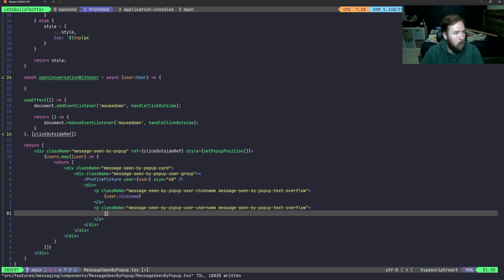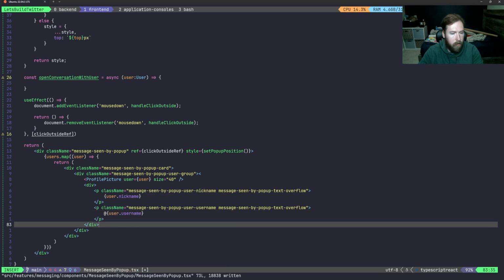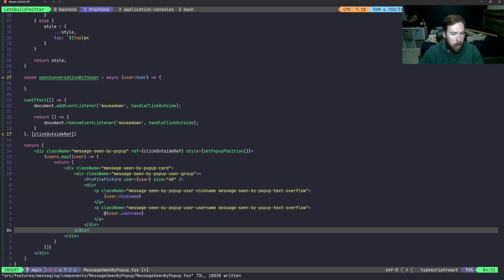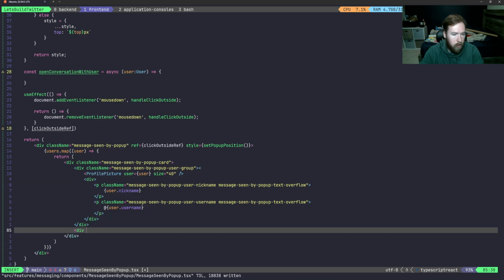And then inside here, we'll have the @ symbol, and then the curly braces user.username. So that looks good to go. Okay, then outside of our user popup group, I just want to make sure I actually go outside this. So here, outside that guy, we'll have another div with a class name equal to message-seenby-popup